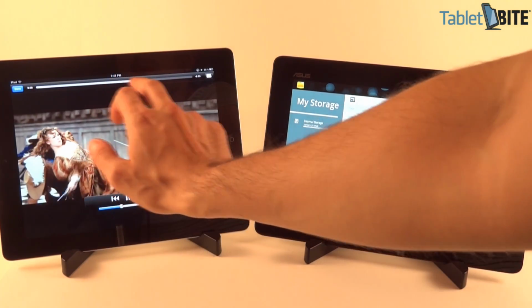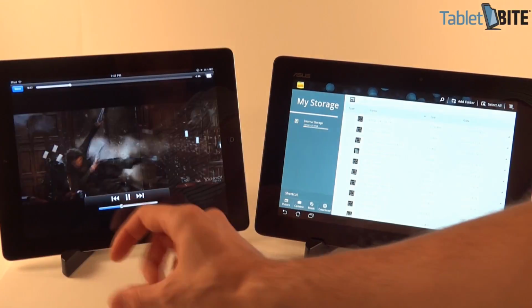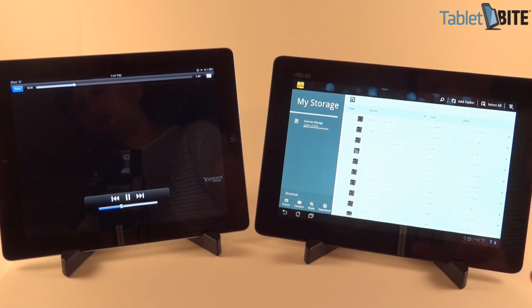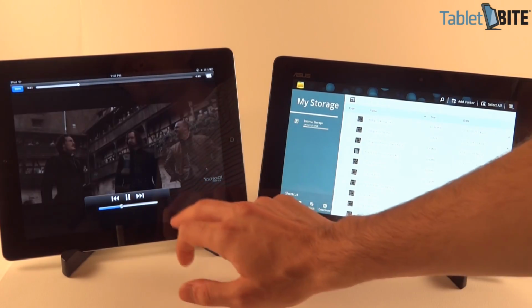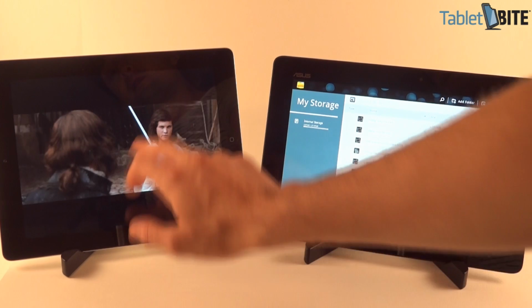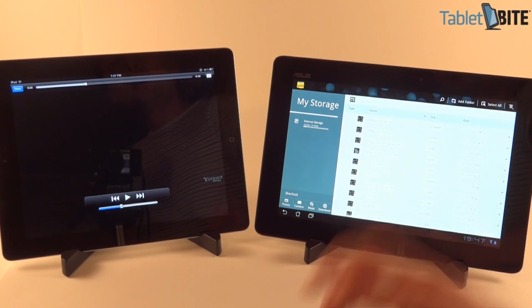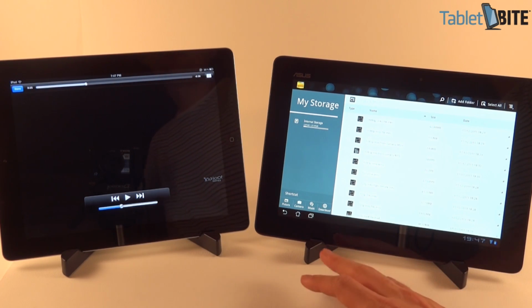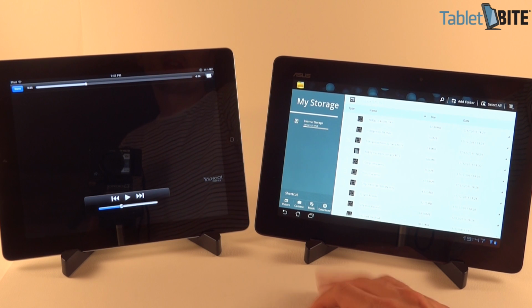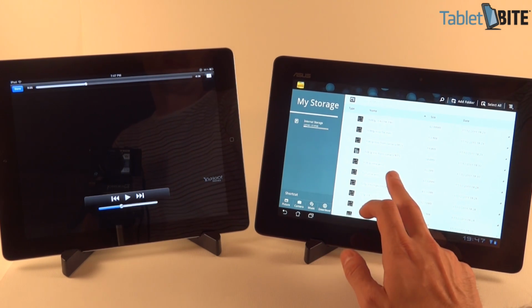That's how you play it. And of course, because it's not a wide screen, you get all these black spaces here on top and on the bottom. On previous generation Tegra 2 powered Android tablets, such types of content were a problem, but right now